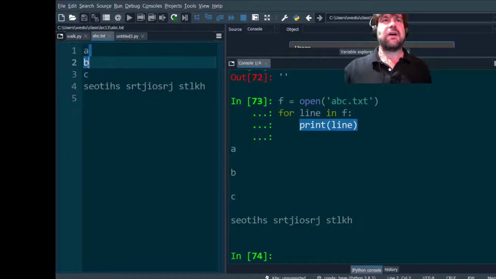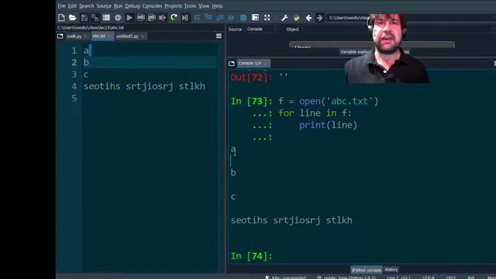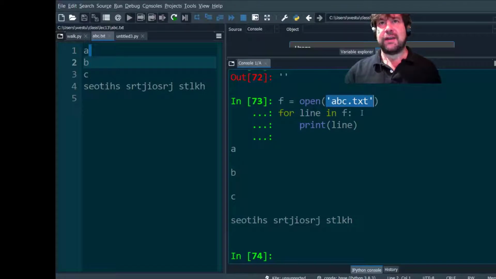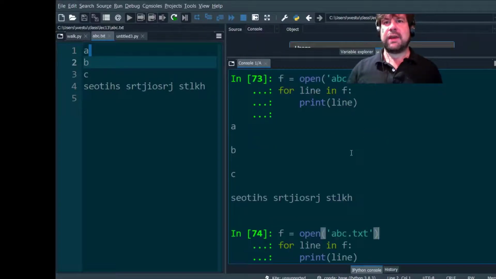These lines all have \n's at the end of them. So when we do our read and then print, we end up with a \n that puts us down here, and then print puts another \n, and we end up with an extra blank line in between all of our lines in our file, because there's already a \n in there, and then we put another one in with the print. If we don't want to do that, we can come through and do something like